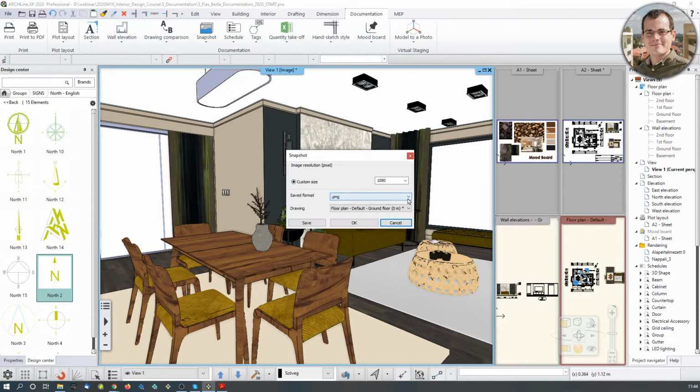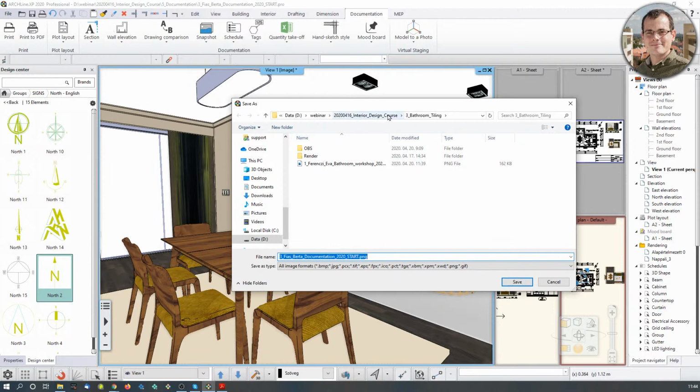Now, when you do that, you have two choices. You either save it onto the floor plan or you save it as an offline copy. I'm going to save it as an offline copy. I'm going to tell you in a second why. So I'm just going to find another resolution, click save. And for now, I'm going to save it among the documentation elements. It's going to be called, what should the name be? 3D snapshot